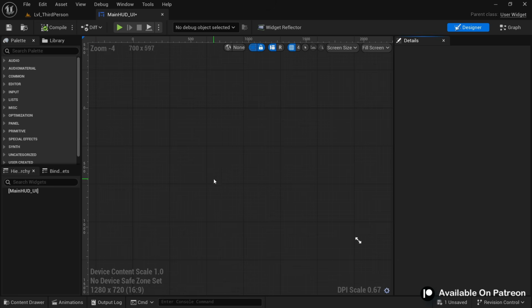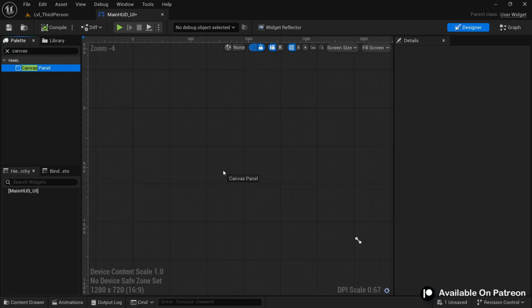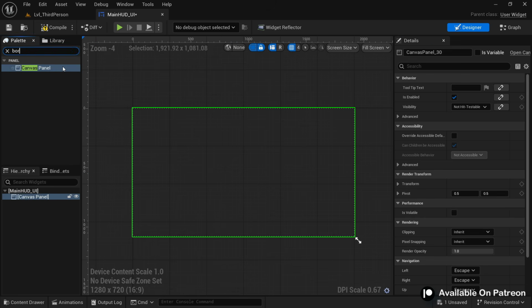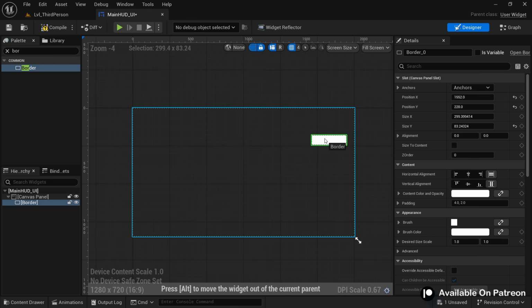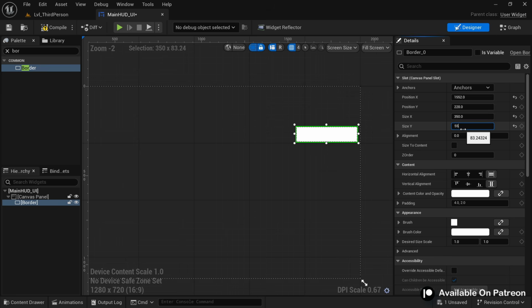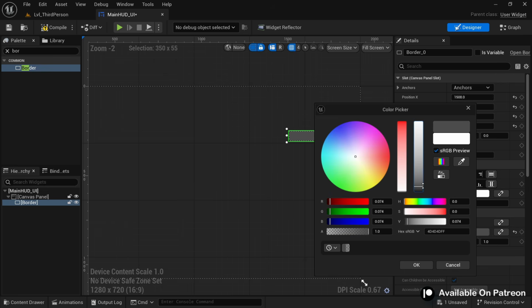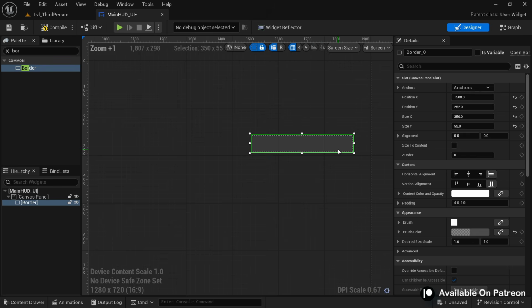since this is where we are going to keep all of the UIs we want to show up while playing. Now first of all, let's add a canvas panel, and inside that, let's place a border. This is going to act as a background border to show the text on. Let's resize it a bit, and let's give it a dark color with half transparency. Looks fine. And also do not forget to set the anchor